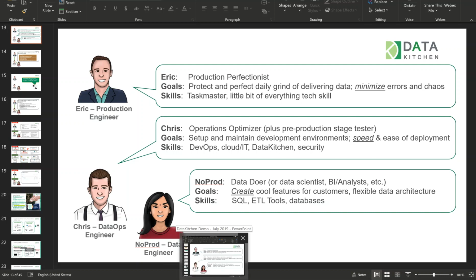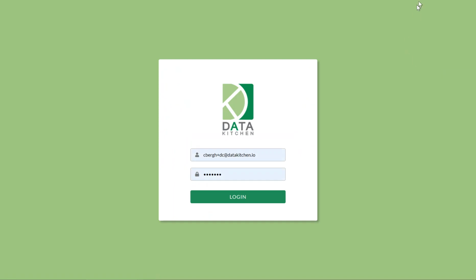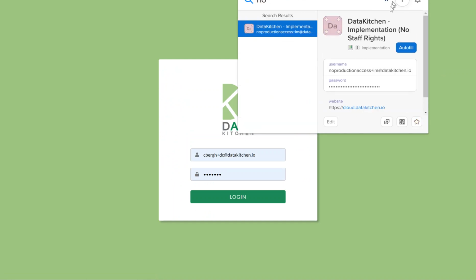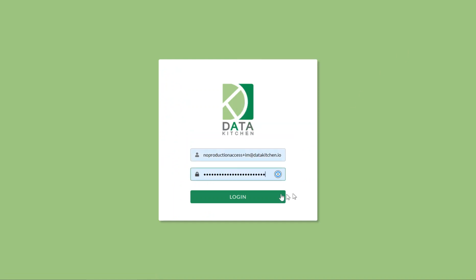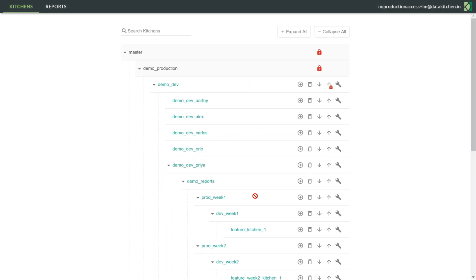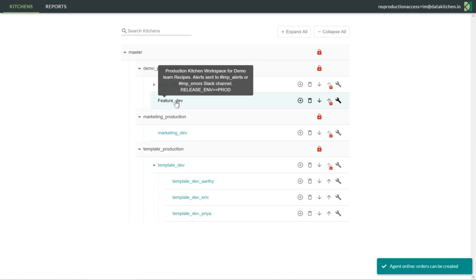So to do that, I'm going to actually go in and log out as Chris, and then log in through the magic of my password manager as a separate person. And so I'm logging in now. If you look at the upper right, I'm logged in as no prod, and they have to work within the